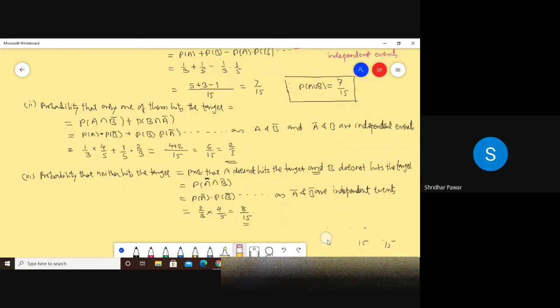Okay, this type of problems, target is not hit, or even the probability that A passes the exam or Ajit passes the exam is half or 1/3. Ramesh passes the exam is 1/5. What is the probability that neither of them will pass, either of them will pass? Okay, so take an example as exercise.